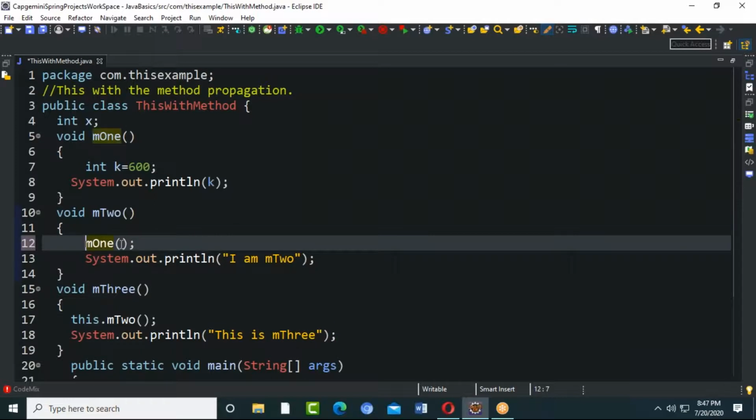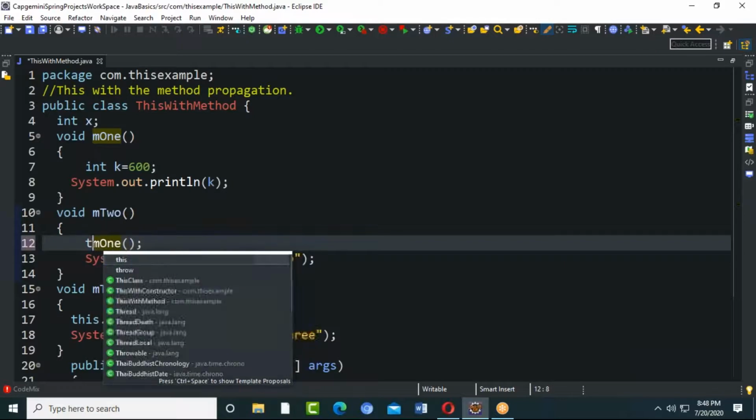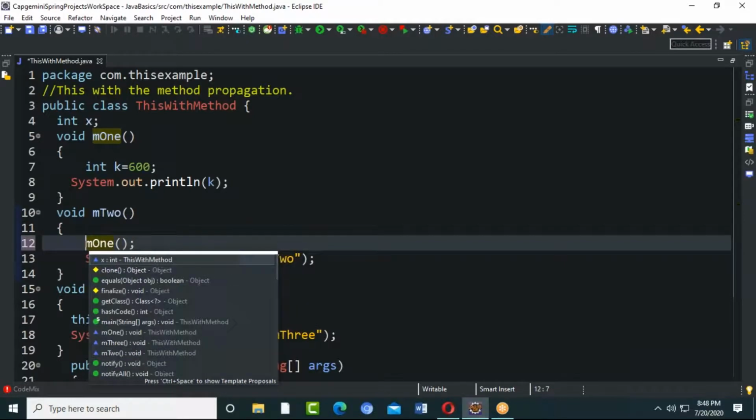See, the point I would like to say here is, you are accessing a method inside any other method, so then you are going to use this. So if you don't use this, will it not be possible? Yes, it is possible because by default, for all the methods in the same application, this is available. So if you write or if you don't write this keyword in front of the method, it's not a problem. I would like to say you this point, and you have asked me directly.